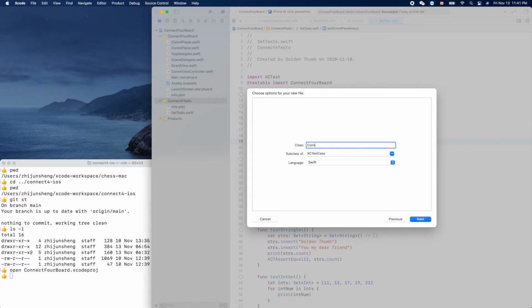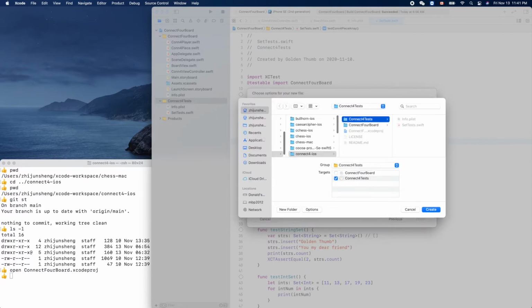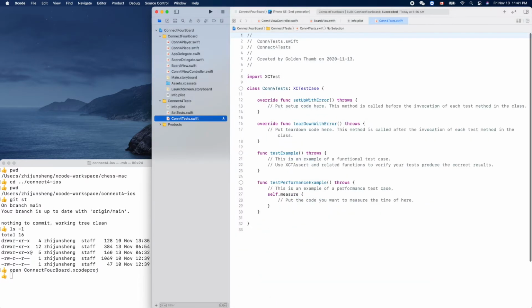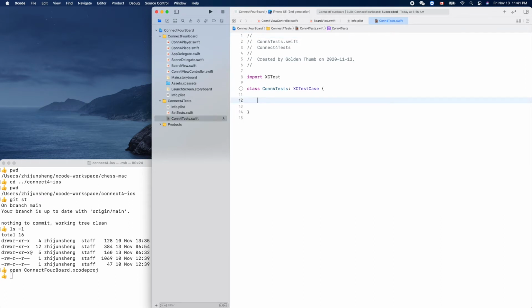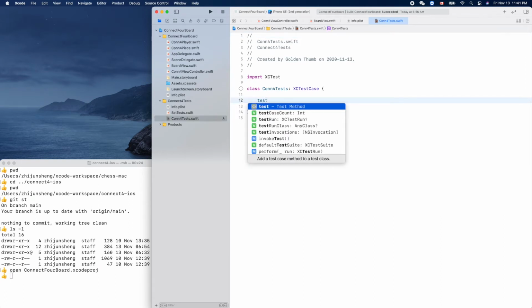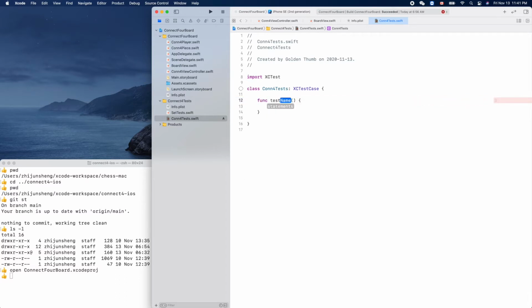So conn4 tests, like that, create. Okay, we don't need that, bye bye. And the test what? Test our model,